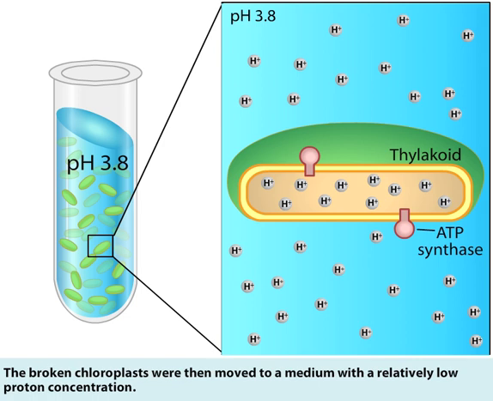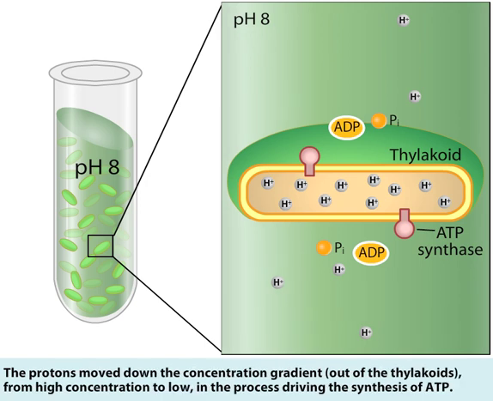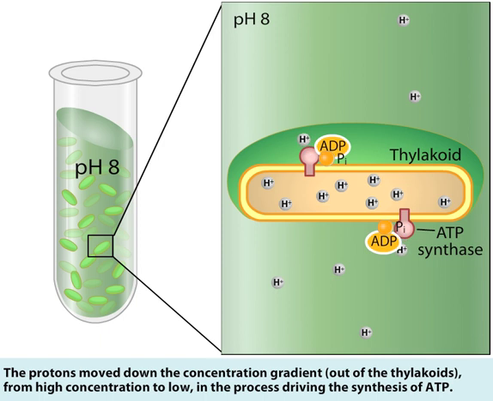The broken chloroplasts were then moved to a medium with a relatively low proton concentration. The medium also contained ADP and inorganic phosphate, the building blocks of ATP. These conditions set up a proton gradient across the thylakoid membrane. The protons moved down the concentration gradient out of the thylakoids from high concentration to low, in the process driving